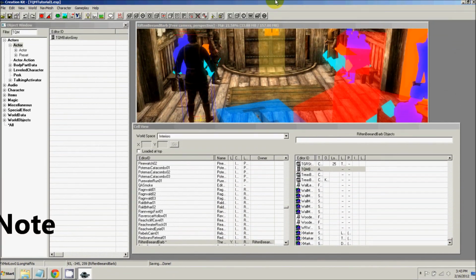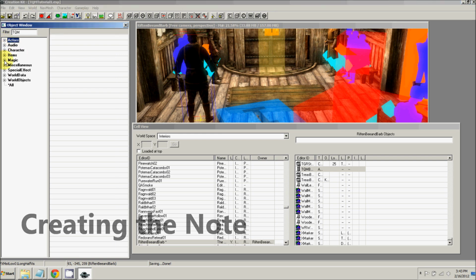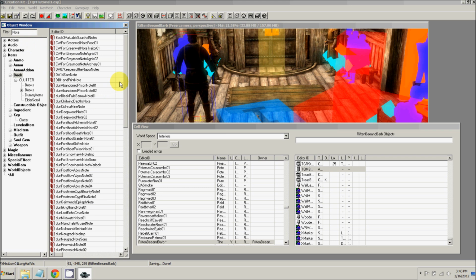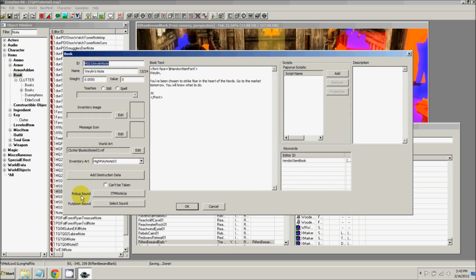Alright, so the next thing we need to add to the mod is the note itself that Balon's going to give to us. So to do this, we're going to go down to the items tree and select the book subheading, and then we're just going to look for an existing note just so we don't have to set everything up. So type in note to the filter, and in this case I'm going to select this MS01 Wayland note. I'm just going to edit it, so right click and edit, and I'm going to change the ID to be